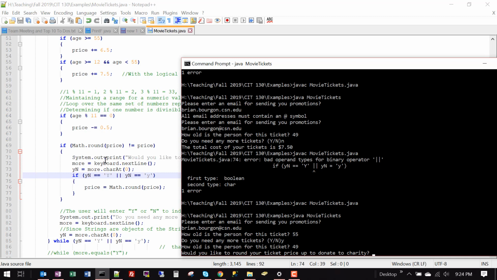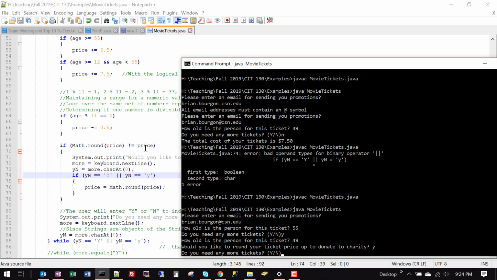So we are now being asked, because $13.50 rounds to 14, and 14 is not equal to $13.50. So if we say yes, it will round it up and we'll pay